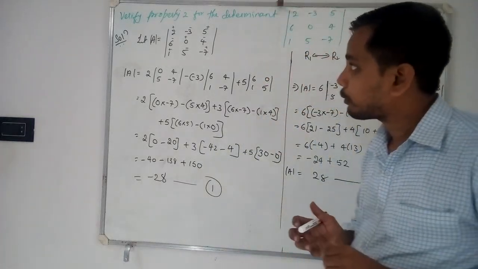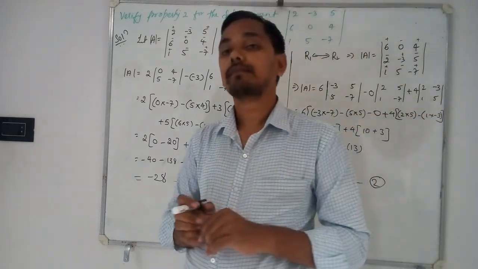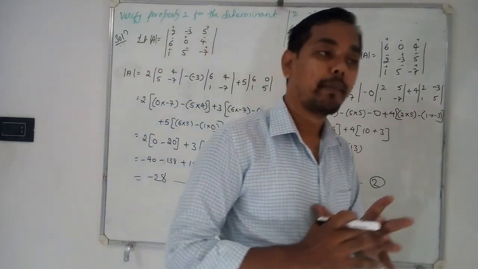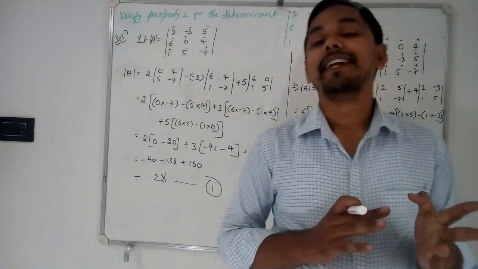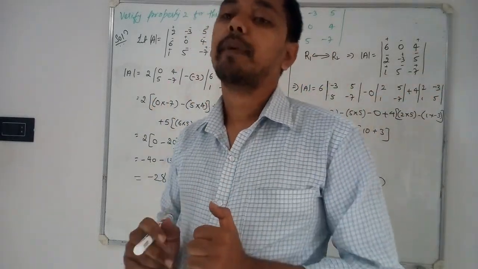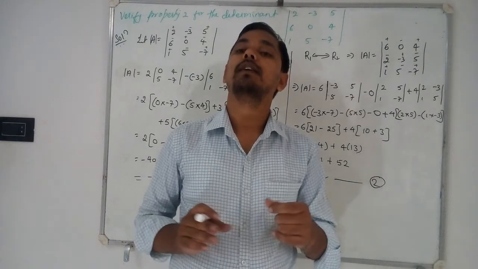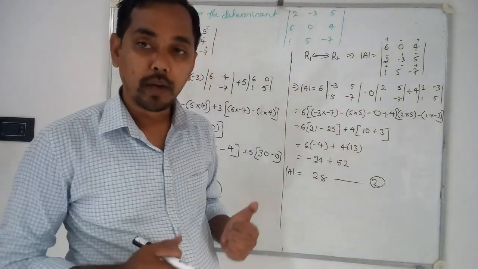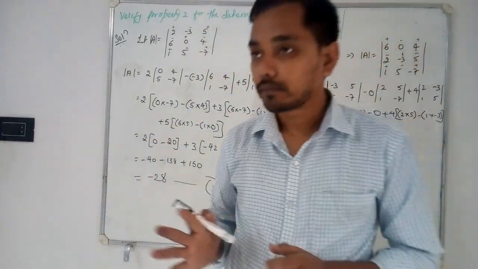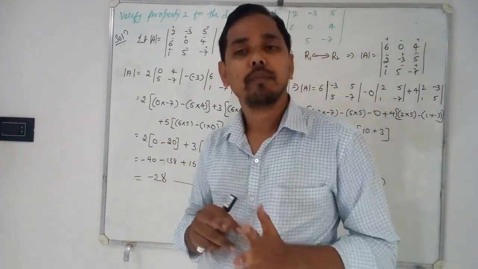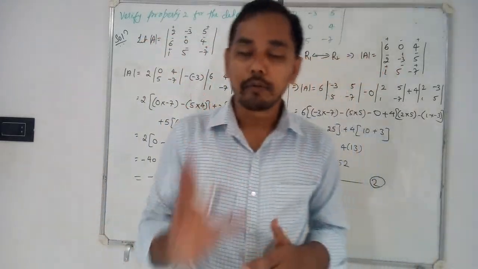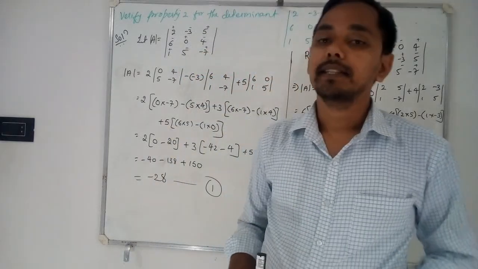Okay. And what was the fourth property? Fourth property is, if the determinant is multiplied by the constant k, then that k can be multiplied. If k is taken inside the determinant, it can be multiplied only for either one row or one column. Right? So what was the fifth one? Fifth one was, if any one row or column is a multiple of k, then the value of determinant gets multiplied by k. That was fifth one.